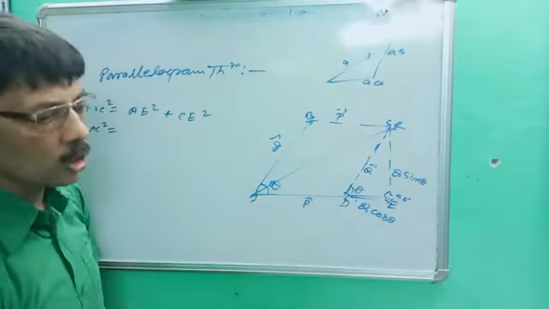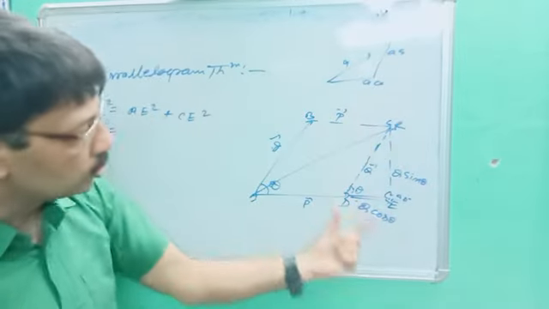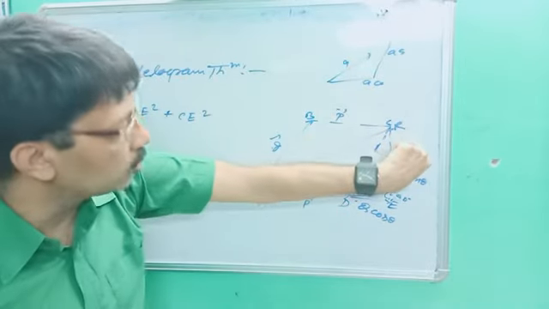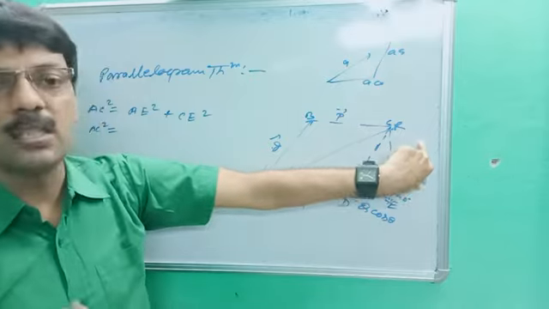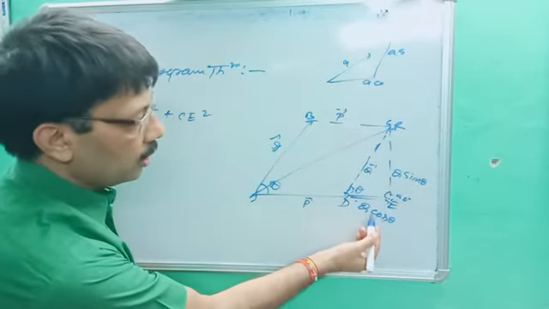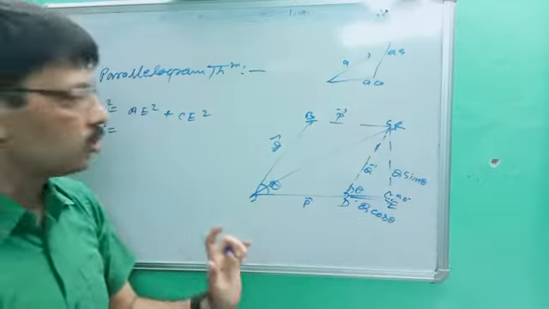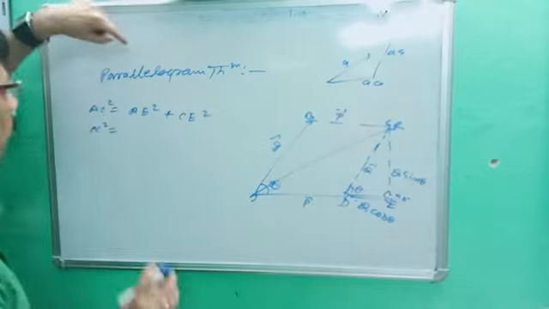Very easy way. We can resolve it because it is also based on resolution of vector. Okay, once again, this is Q, so it will be Q cos theta and it will be Q sin theta because it is perpendicular. Sin theta is perpendicular upon hypotenuse and cos theta is base upon hypotenuse. So it will be Q cos theta and Q sin theta. Okay, this is the preparation for the parallelogram theorem. Okay, come to the point.